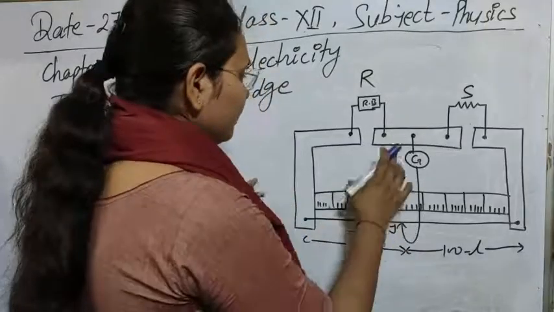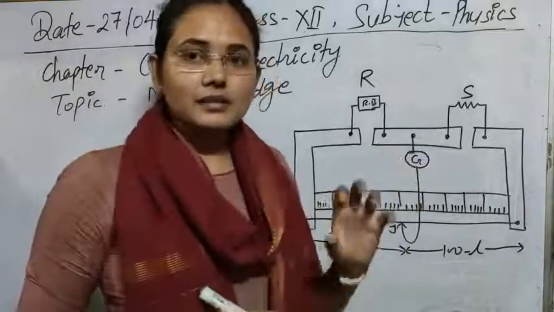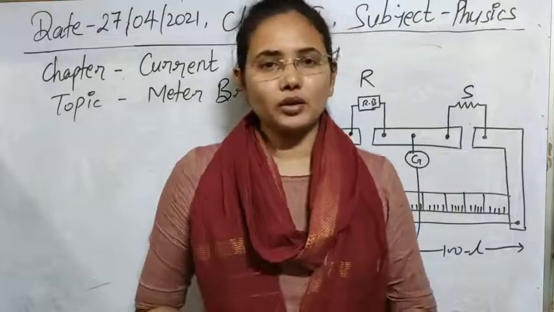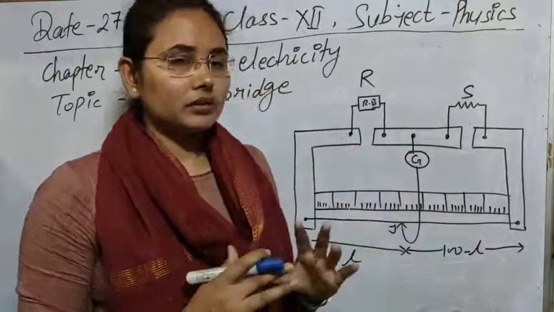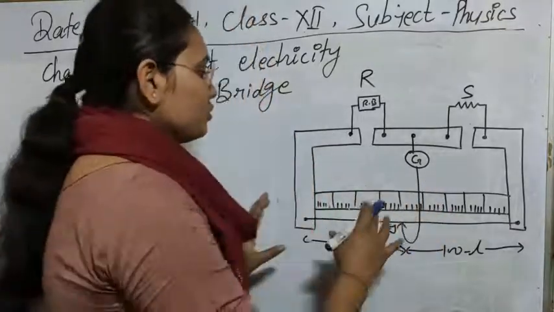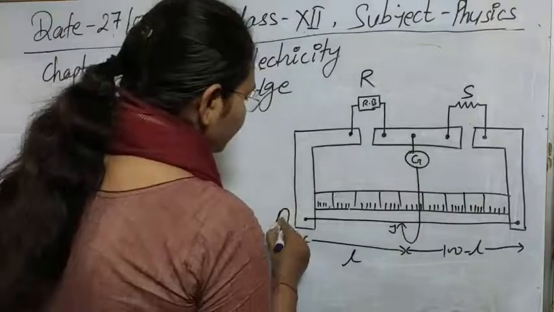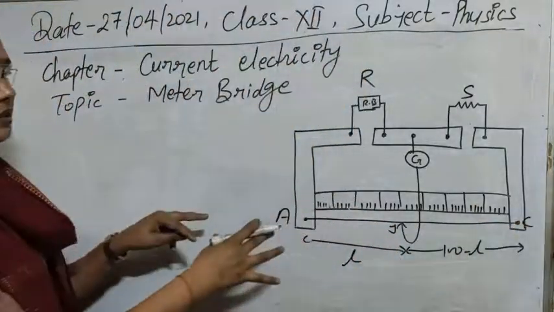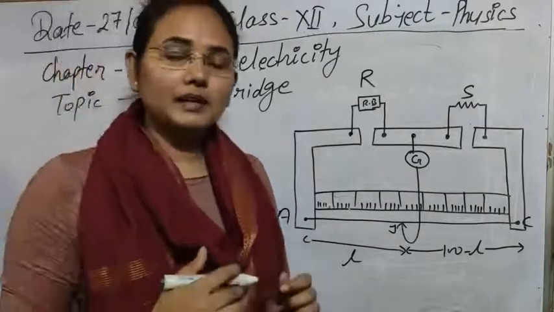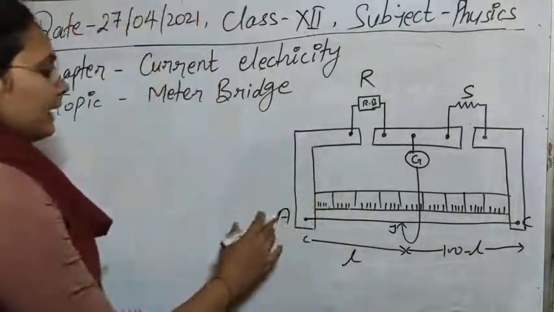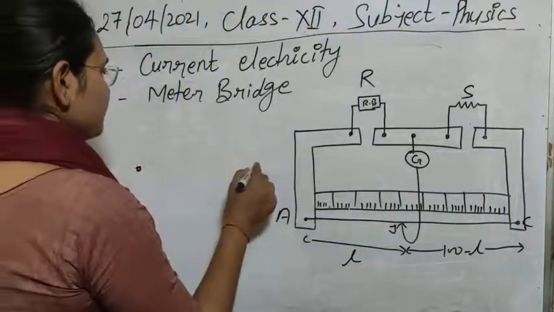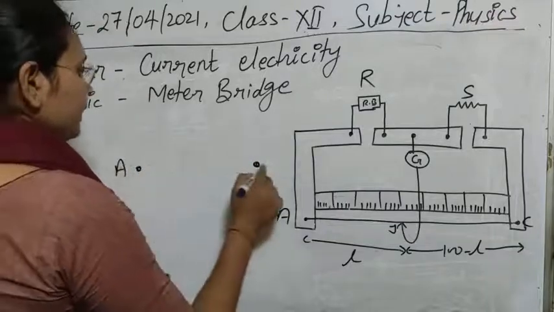So here the galvanometer is a device through which we can detect any current in the circuit, means whether the current is flowing or not. Like I just told you about the Wheatstone bridge, in the same way we are connecting the galvanometer here. Now let me tell you how this is just like the Wheatstone bridge. As I told you, this is the practical application of the Wheatstone bridge. So for that case, suppose we have 2 points A and C. This is A and this is C.